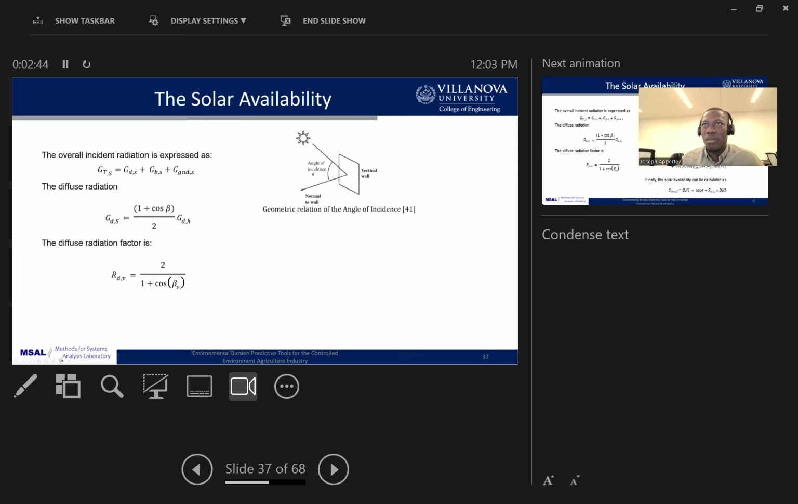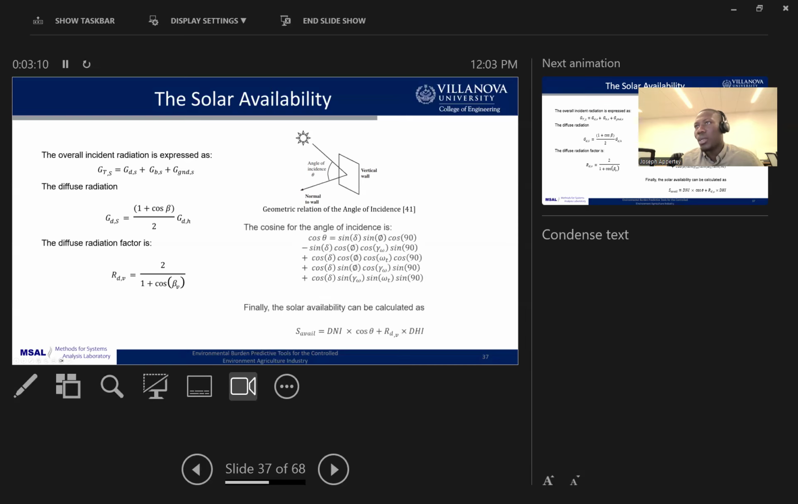So the diffuse radiation can be found in this, which includes the diffuse horizontal radiation, and then the diffuse radiation factor is also calculated in this manner. So this is the tilt angle, and then this is the vertical tilt angle. So the incidence angle is basically the angle between the beam radiation and the normal to the wall,